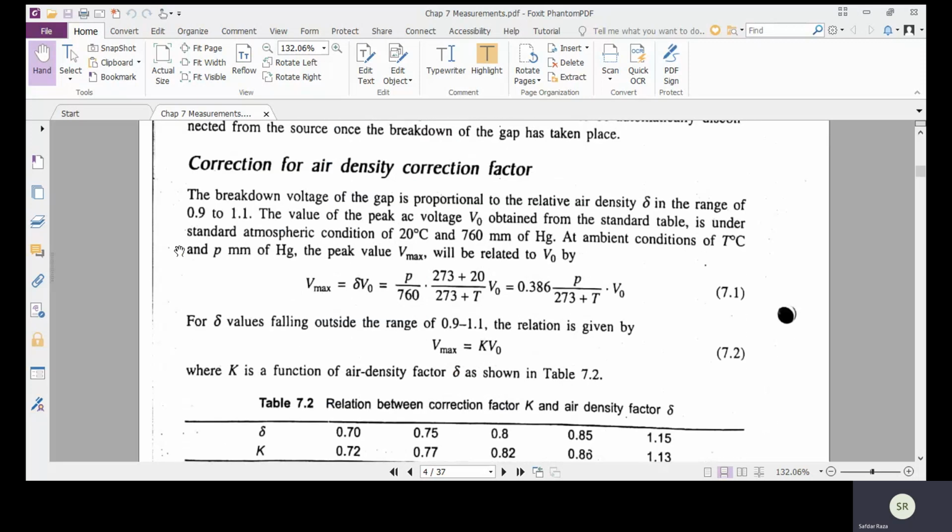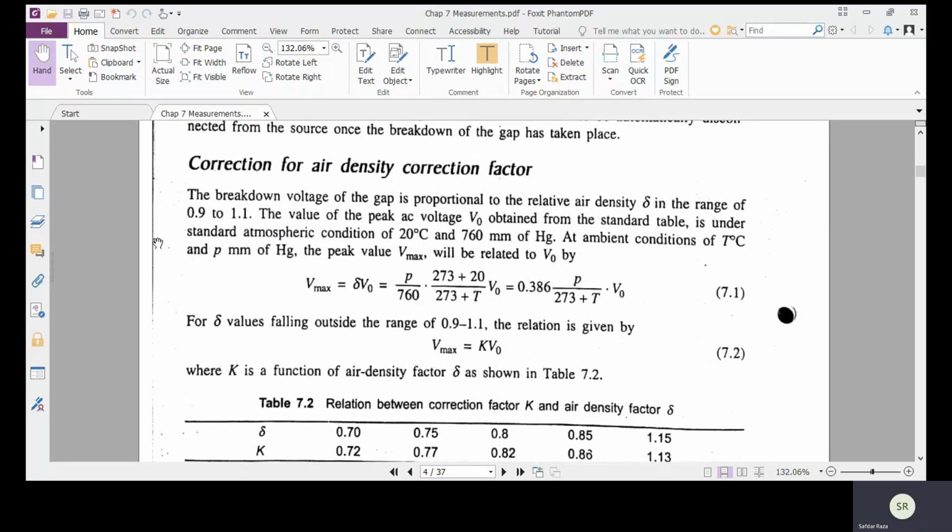Now we will move towards the air density correction factor. As I discussed in the previous lecture, on the basis of the sphere diameter and the value of E and S, we can measure the value of V peak. All the basic values are calculated and tabulated by the researchers on the basis of standard temperature and standard pressure. But in